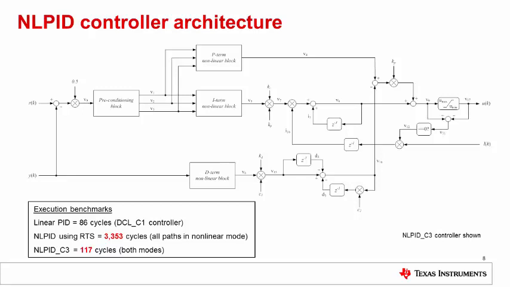The nonlinear law in the proportional and integral paths share some common terms, such as the sign and magnitude of the input, so we compute these first in a preconditioning block to reduce cycles. In the derivative path we operate directly on the feedback, so we must compute the entire nonlinear law in that path. Note that the nonlinear law assumes the input is normalized to plus or minus 1.